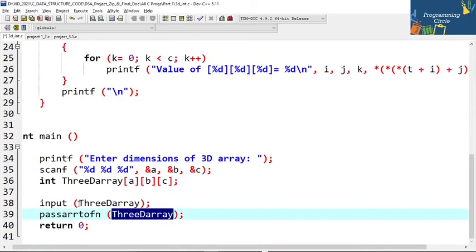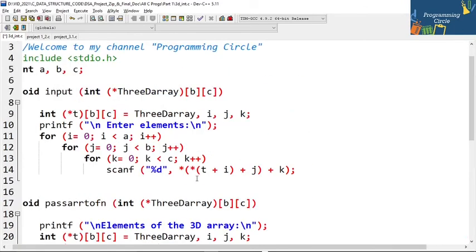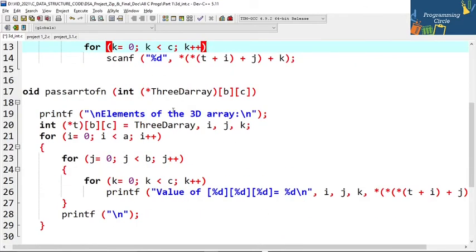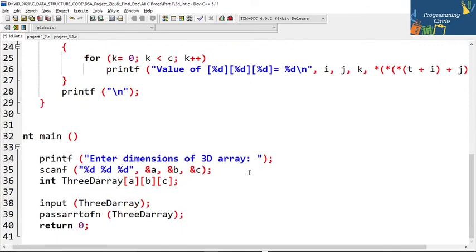First I have passed it to input here, and then in the input function I have done a thorough scanning for all the elements of the 3D array. I have explained just now how these pointers are being placed, and after taking input I have printed the output over here with the same mechanism. So you can see that.